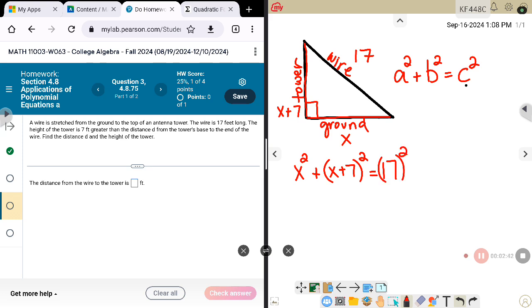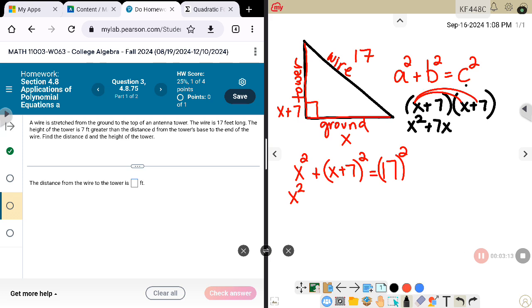squared. Now, let's see if we can simplify this equation. So on the left, I'm going to have X squared. But then you notice I have X plus 7. I need to square that whole side. So I'm going to do this here, because I'm going to have to FOIL. So my first X times X gives me X squared. My outer X times positive 7 is 7X. My inner is another plus 7X. And then my last 7 times 7 gives me positive